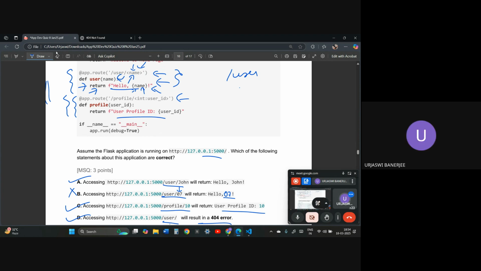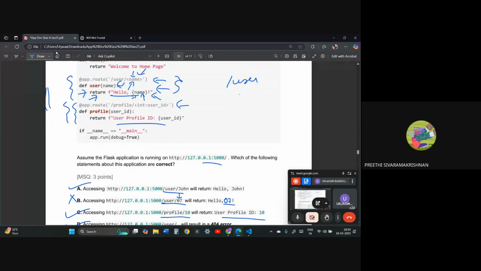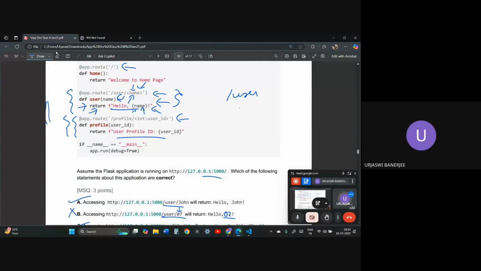In this question, for us to get a blank, let me think. For us to get a blank, no, it's not possible. Okay, for us to get a blank, because it's f-string formatting, that's why. Yes, string formatting is used.